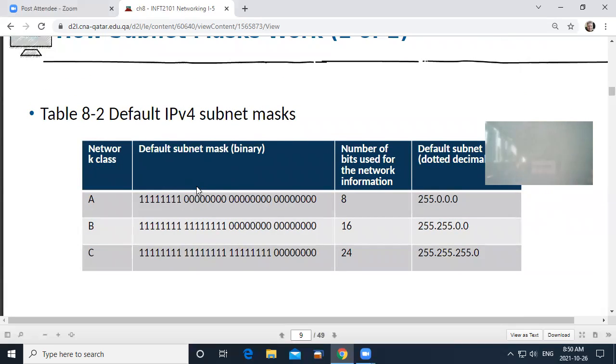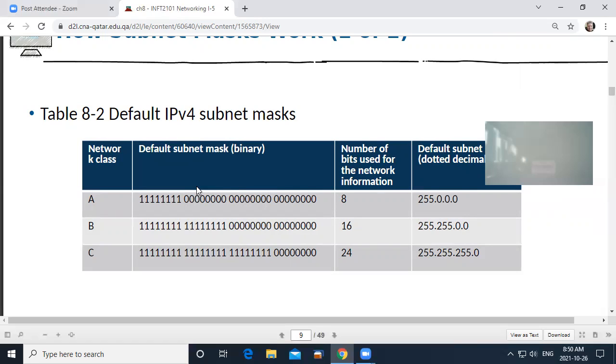Subnet masks. If you have a subnet mask of 255.0.0.0, so our 4 octets, the first octet is all 255. That means it's going to be an A-class network. We can see the first 8 bits are all ones. So the network is the first octet. The other 3 octets are going to be for hosts. So that gives you a lot of hosts. It's going to be 254 times 254 times 254. It's going to be millions. I think it's like 16 million or something like that.